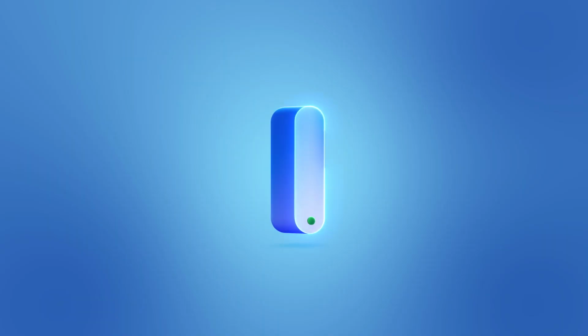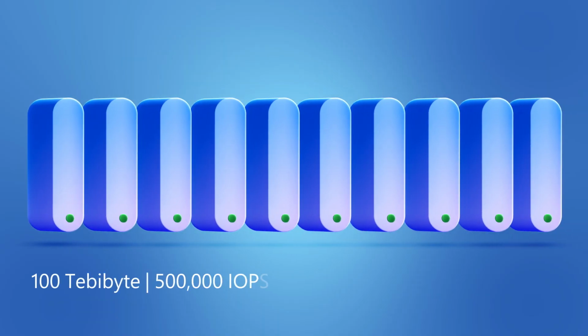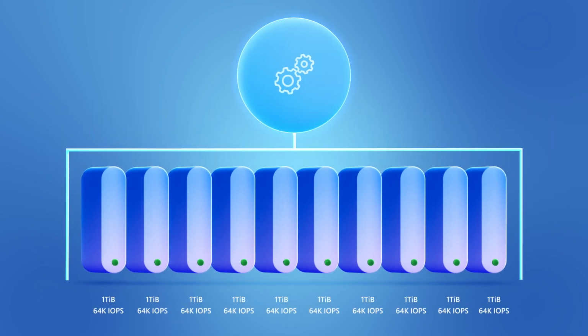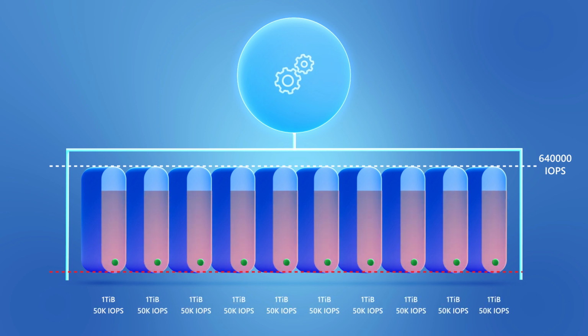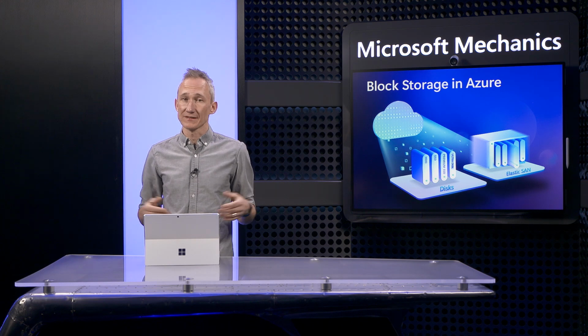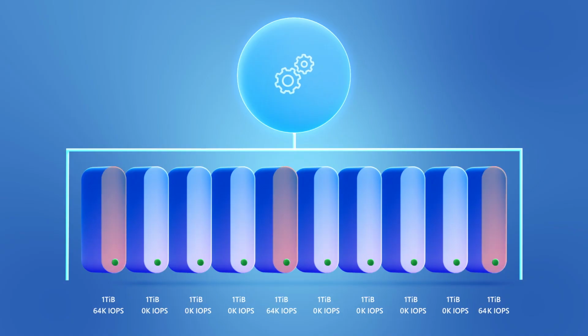That said, perhaps the biggest advantage of Azure Elastic SAN is the ability to dynamically pool performance across your workloads. For example, you could have a 100 TB SAN with 500,000 IOPS, and a volume group with 10 1 TB volumes, which are capable of 64,000 IOPS each, or 640,000 IOPS in total. That said, if all 10 volumes were maximally loaded, it would be capped at 500,000 IOPS, which is the size of the provisioned SAN. However, it's unlikely that each volume would max out at the same time. Maybe 3 would be loaded at capacity while others have varying loads. The key here is that performance is pooled and balanced to support the workloads that need it.